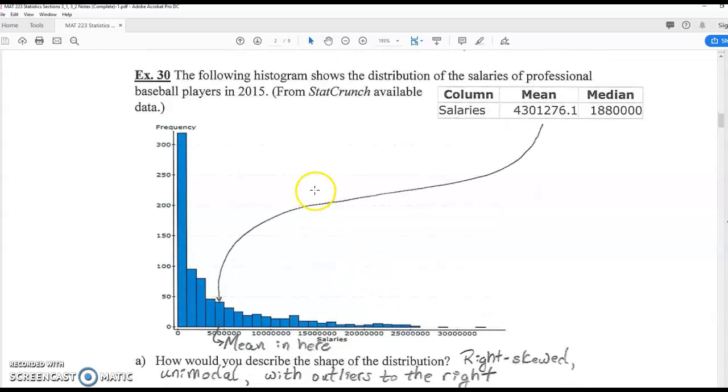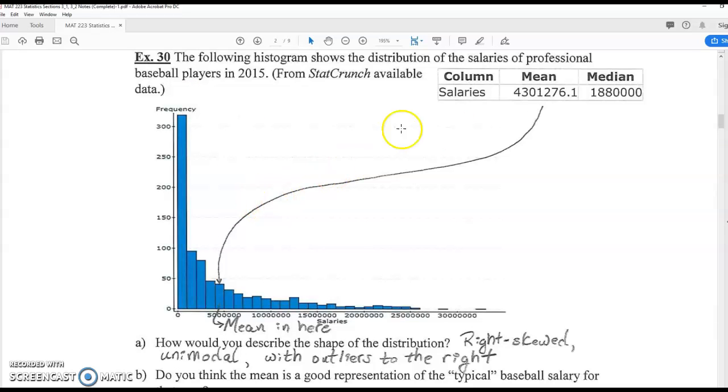Example 30, the following histogram, hopefully you recognize right away, is not symmetric. This is very much skewed to the right. Okay, this is actually a histogram showing the distribution of salaries of professional baseball players in 2015. I haven't again told you how to compute the mean, but we'll be easily able to do that with StatCrunch. So this is a little cut and paste from StatCrunch where I computed the mean and